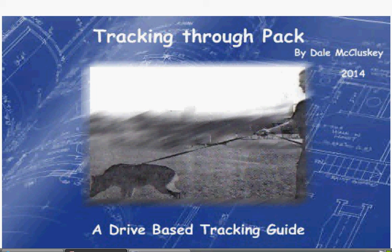Well, what I offer up is that within this book, Tracking Through Pack, I define it. Okay, and this goes right into achieving the right balance between speed and focus. You're going to have speed, but you're also going to have focus. So the dog is going to be aligned with the track properly in such a way that's going to provide the best success rate. But here again, it's all about understanding how this script works. It's not just